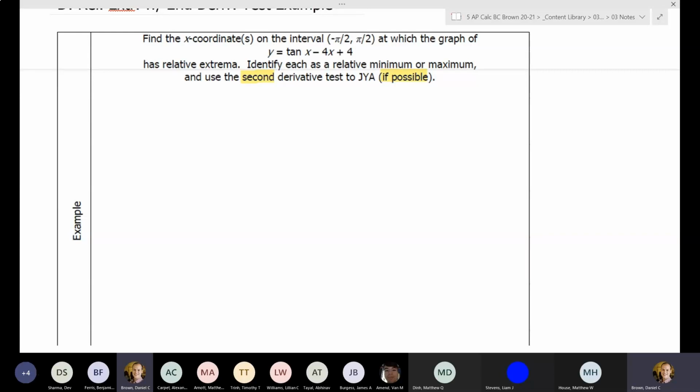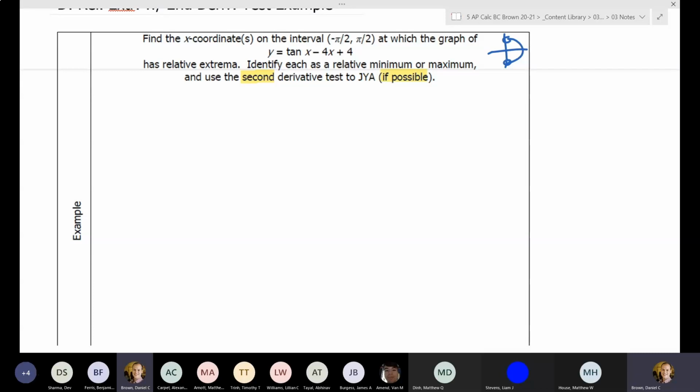And again, one benefit of the second derivative test is you don't need to use a sign chart. So for this last example today I just want to find the x coordinates of extrema just on the interval from negative pi over 2 to pi over 2. So basically we're thinking about the unit circle, that right-hand side of it, where this graph of tangent of x minus 4x plus 4 is going to have relative extrema,